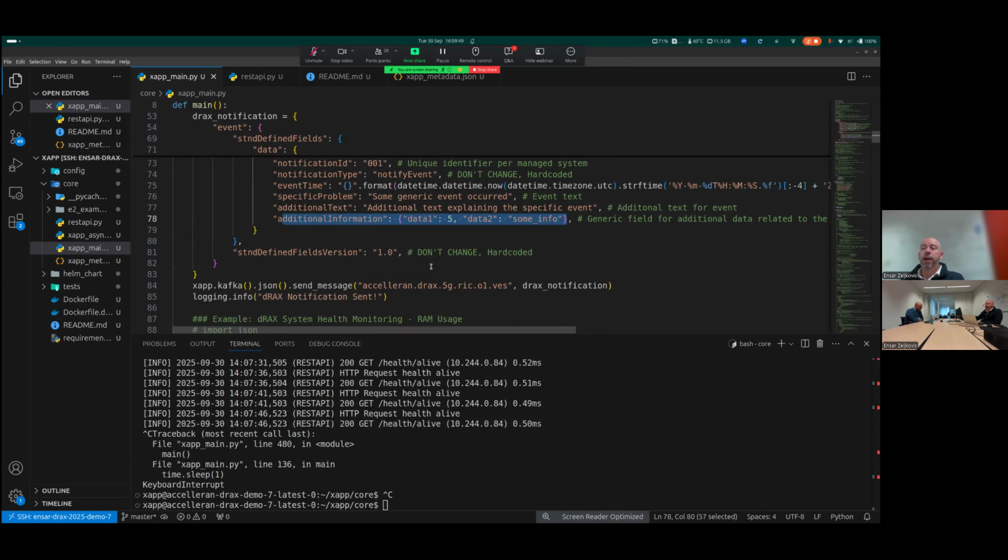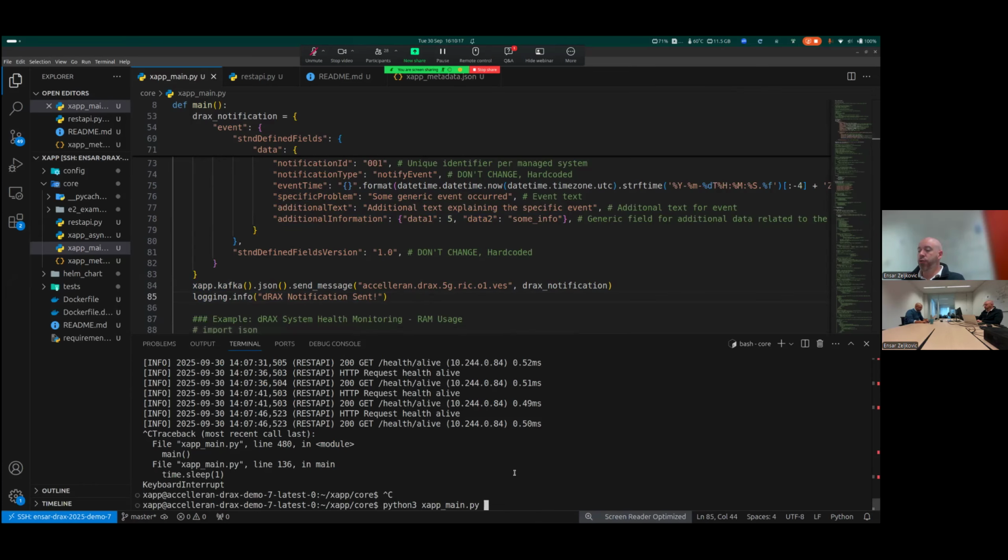This can be utilized, for example, for fault management. Your xApp can be monitoring for anomaly detection, and once you detect an anomaly, you can create an event that says, hey, anomaly X detected, or something like that. Once this message is created, we use Kafka again to send it out to a specific topic, and we just log that the notification is sent.